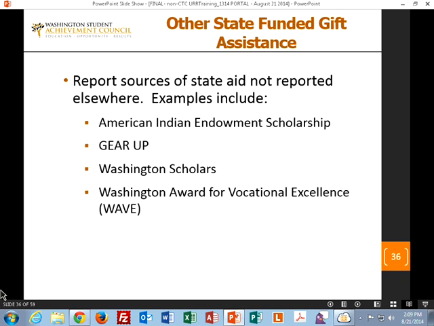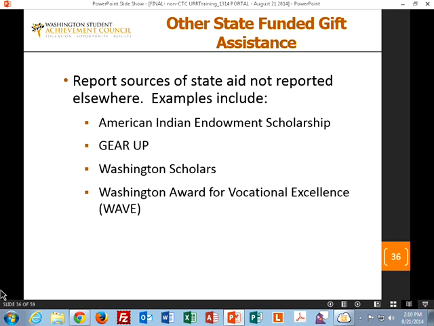Other state-funded gift assistance. Here are examples, probably the most notable ones, and Ann Bowles has managed most of these here, so she's a resident expert if there's any questions on that. American Indian Endowment Scholarship goes in here. Gear Up goes in here. Washington Scholars and WAVE.